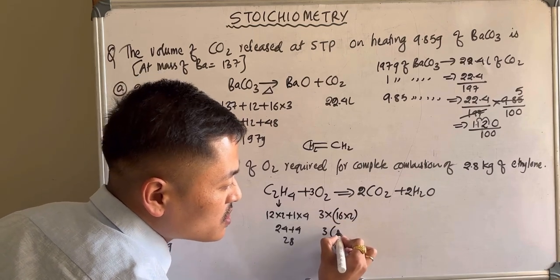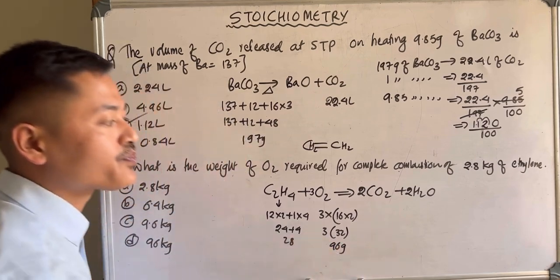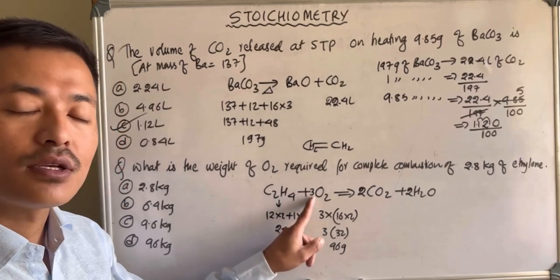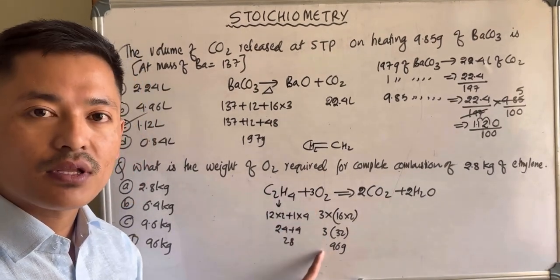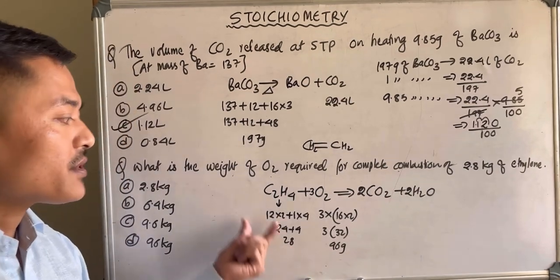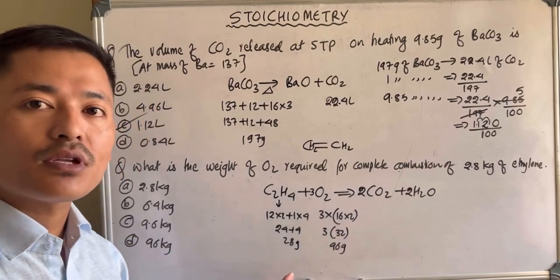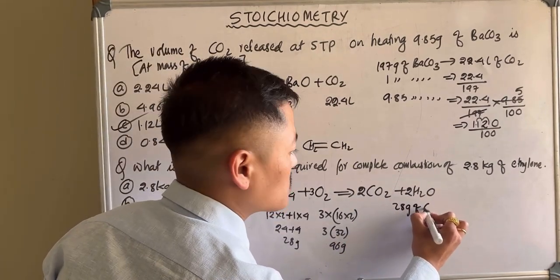So 16 2s are 32, and you have to multiply this by 3, so 96 gram. You must be writing this carefully, because this is the number that is being used to balance the chemical equation. Okay, so from the balanced chemical equation itself, it is clear that 28 gram of